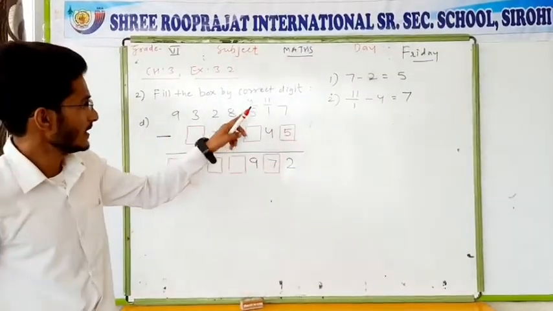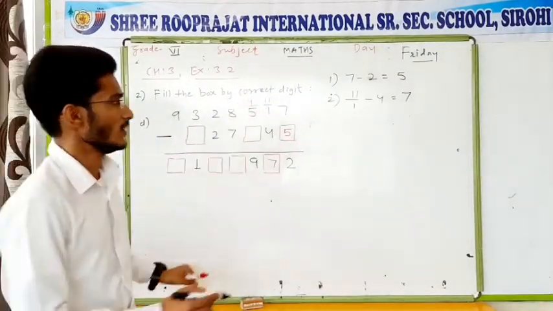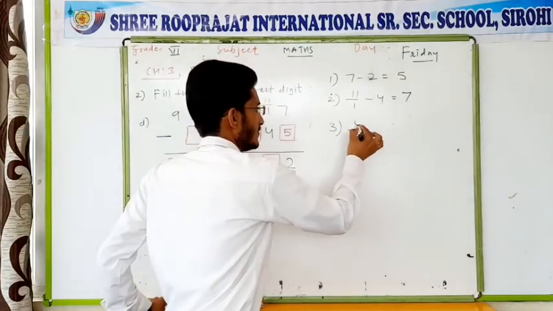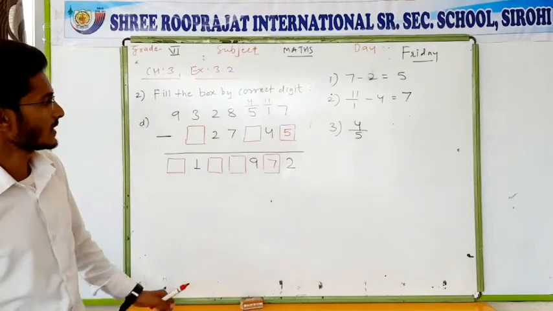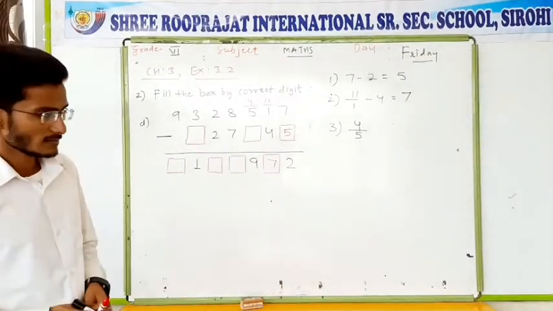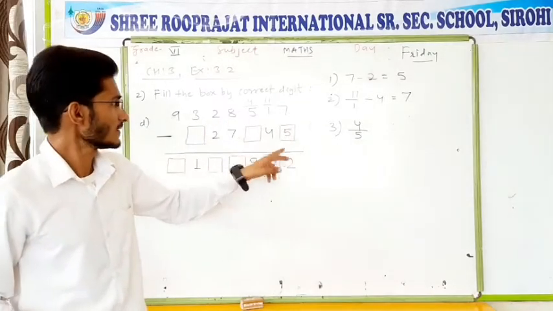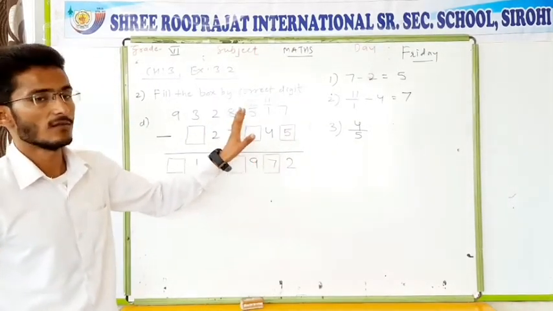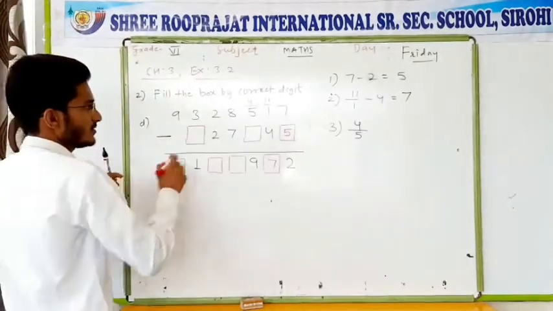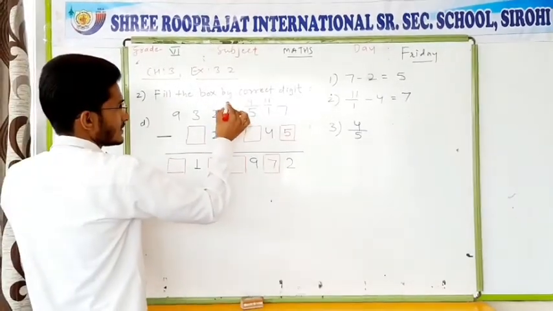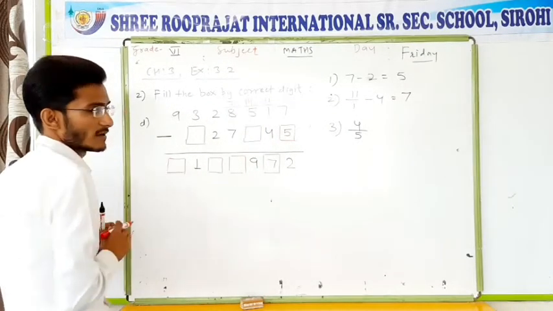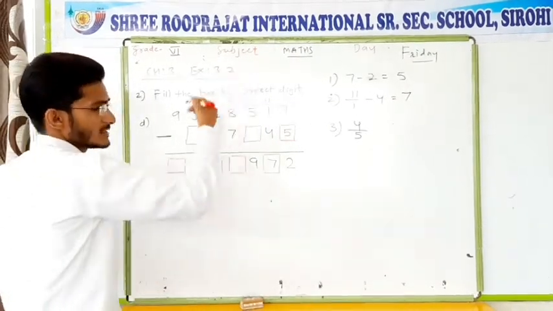Number 3, in place of 5 there is now a 4. So now it is not 5, it is now 4. Okay. Now you have to subtract something, and you need a 9. As you know, 9 is greater than 4. So you cannot subtract. So again you have to take a borrow. So if you take a borrow, it is now 7, and this will become 14. Okay, if you want to write above this one, you can.